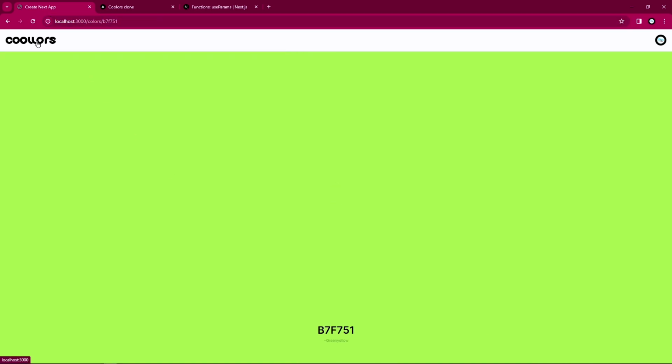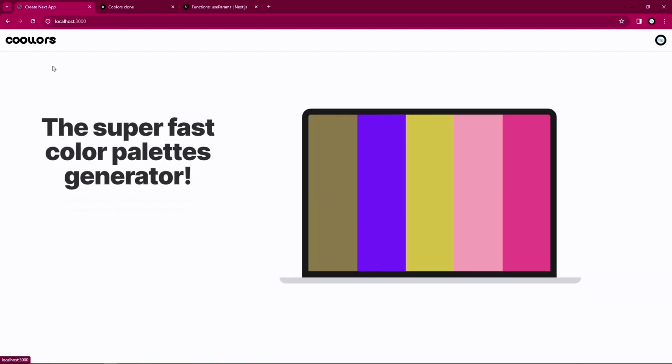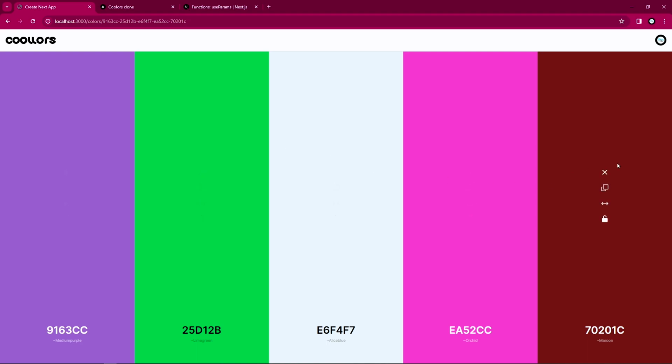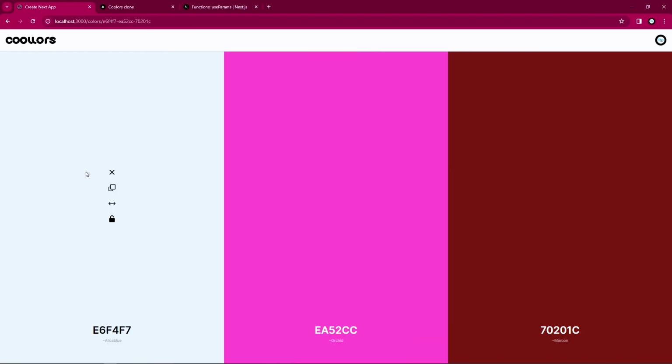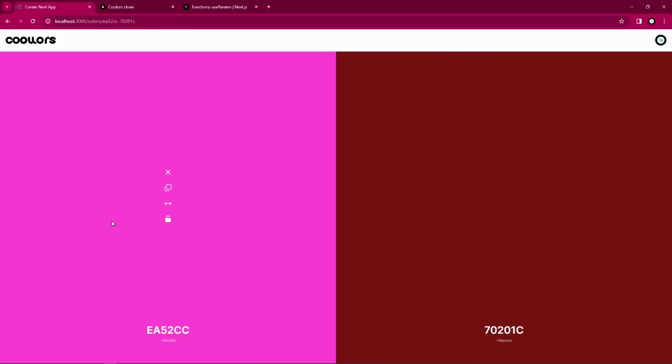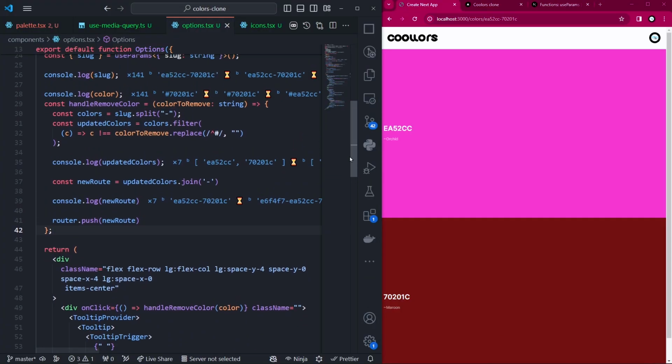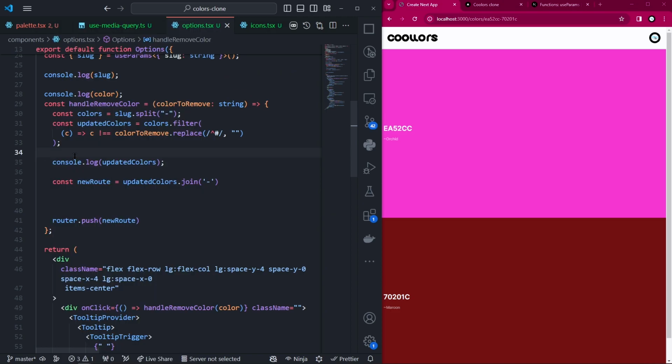Let's go back to our landing page and generate a new color again. So we have this color looking nice, and we could just quickly remove this color, and it gets updated. We are routing the user to the new route, and that kind of works for us. And I think what we could quickly do to fix it, instead of using the push,